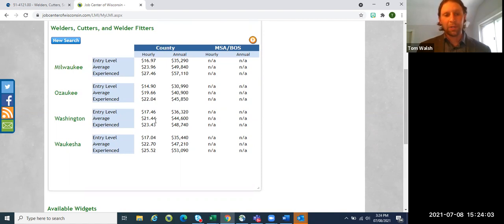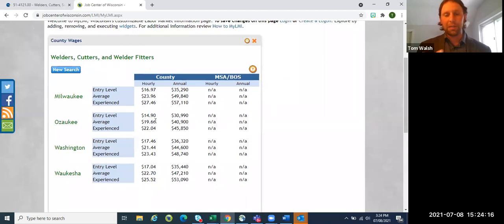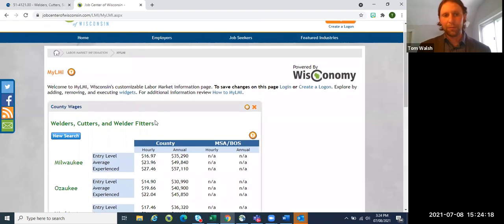So even if you are specifically in Milwaukee County or specifically in Waukesha County, I think it's wise to look at both, or even also look at the overall state average. It's helpful to get that full feel for whether what you're looking at makes sense and passes your sniff test.